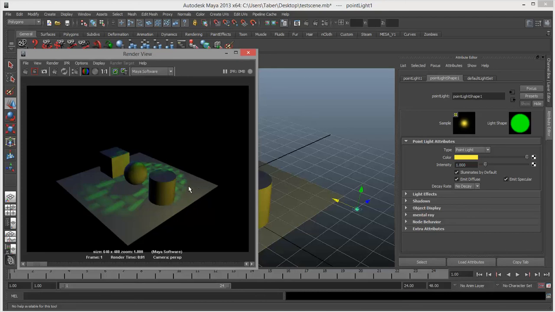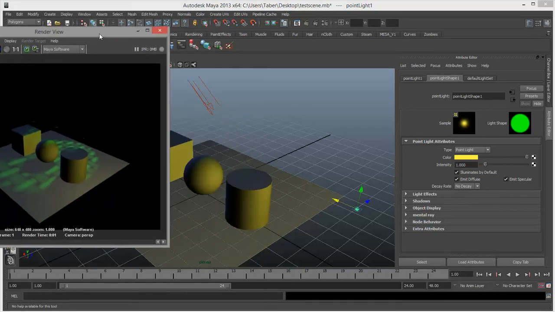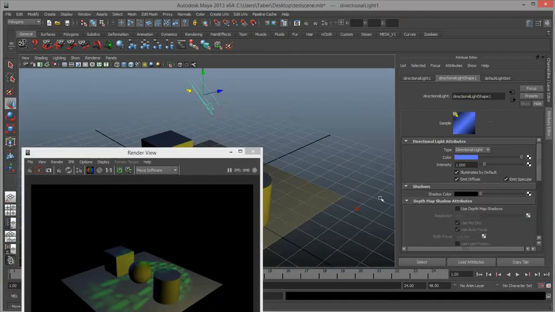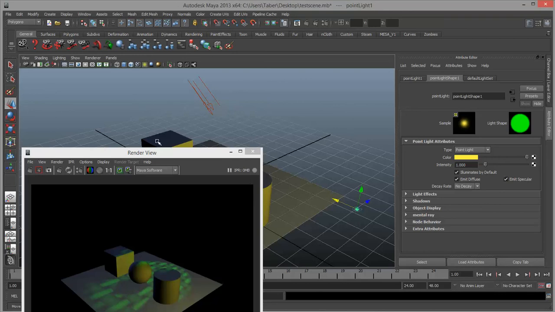But you'll notice that some of these things have a composite effect. So the point light is yellow. The green spotlight and the blue directional light are all hitting the surface in the same place here. The two lights that are not the spotlight are both combining here and here. Only the yellow point light is here, and for the most part only the directional light is hitting over here. Sometimes for adjustment's sake you may want certain lights to only illuminate certain things in the scene. So let's say, for instance, I would like my directional light and my point light to only illuminate the objects